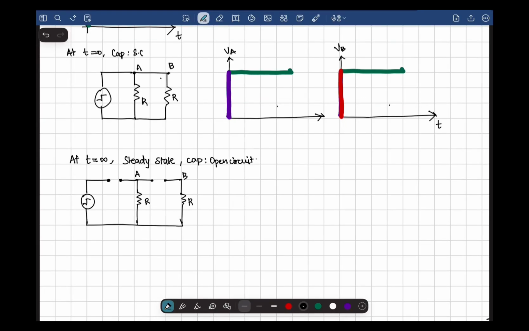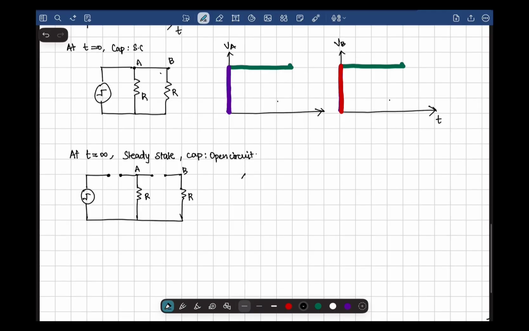Now, in this circuit, there is no path for the current to flow, so the only thing that can happen is the capacitors will start to discharge exponentially. And the rate at which the capacitors discharge depends on the time constant. But for this question, we just need to know the behavior of the circuit. So it will be something like this. At steady state, it is supposed to discharge like this,